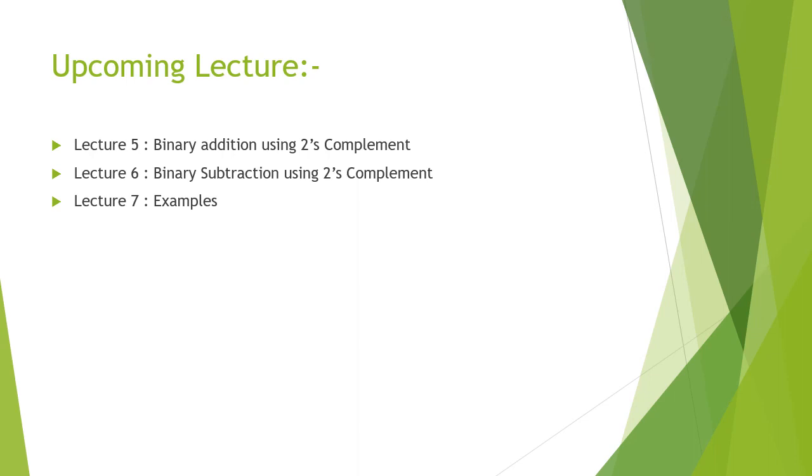We have discussed these two rules, binary addition and subtraction rules, for our upcoming lectures, as we have to discuss the ones and twos complement methods of subtraction. So we must know about the ones and twos complement of binary numbers, how we can convert them, and the next one is the addition and subtraction rules. So this is beneficial for our upcoming lectures.